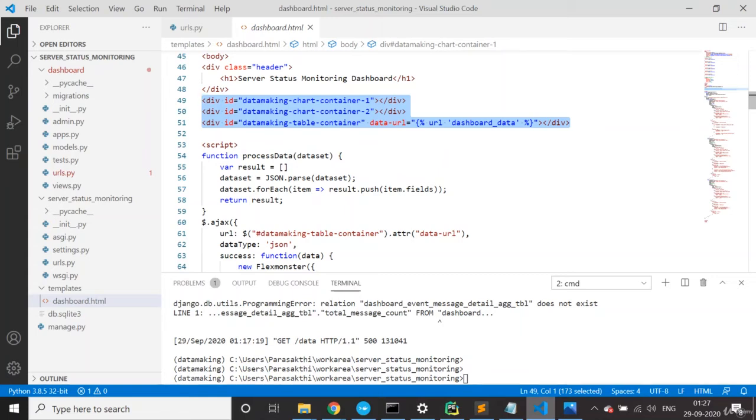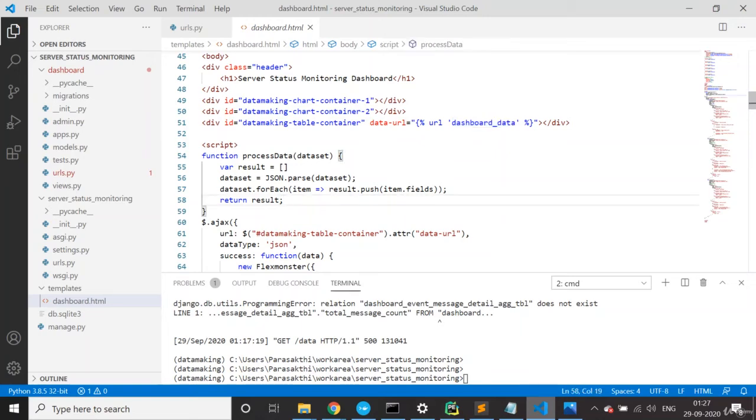There is a chart container 1, container 2, HTML div tag with an ID, and there is a table container. I'm just giving the name container to identify it. In the table container, we are going to call this dashboard data function as an Ajax call.